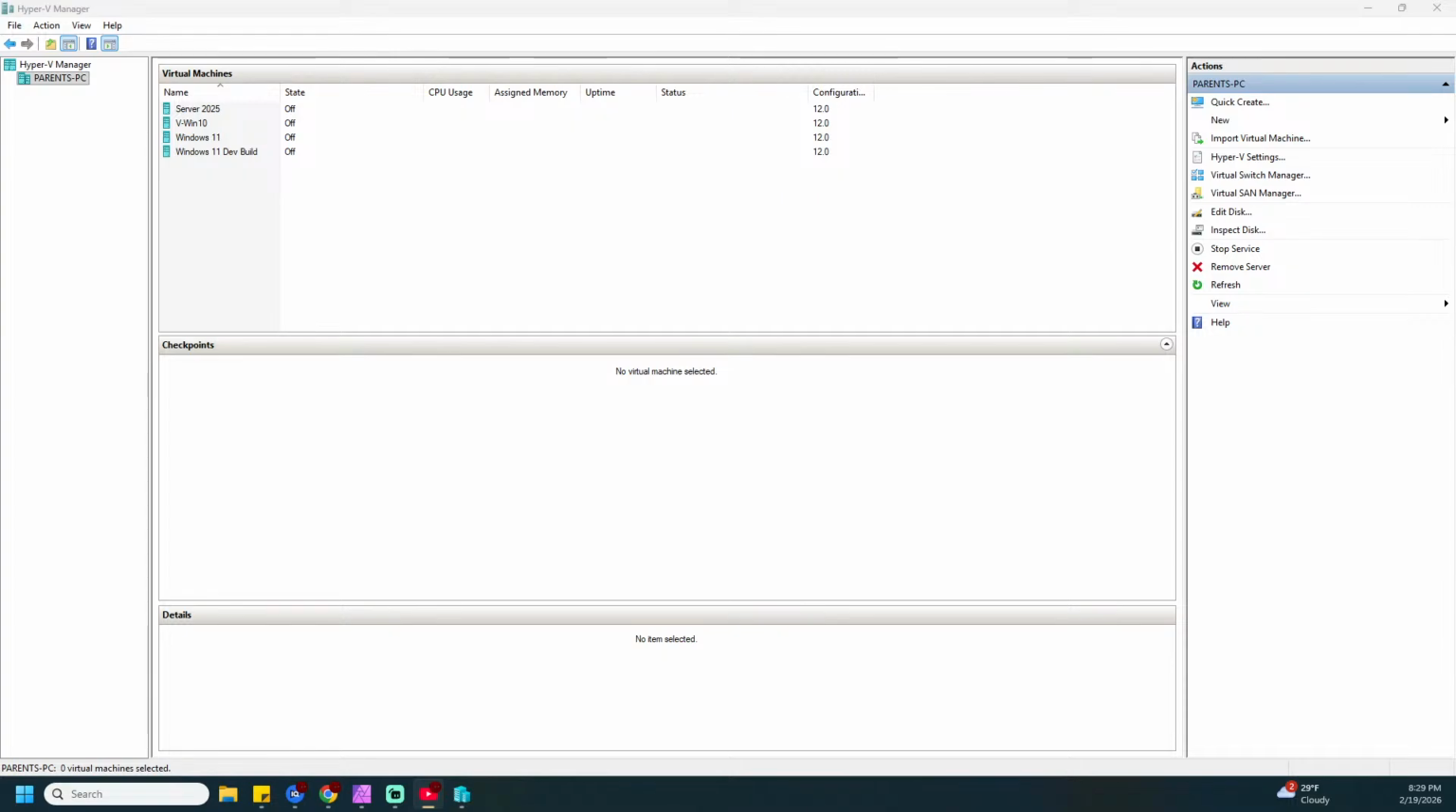All right, so here I'm using Hyper-V Manager to install Windows 11 on. Go and get the Windows Media Creation tool, download the ISO, and then put it on a USB drive with Rufus. I have a video on the channel on how to do that. So once you do that,